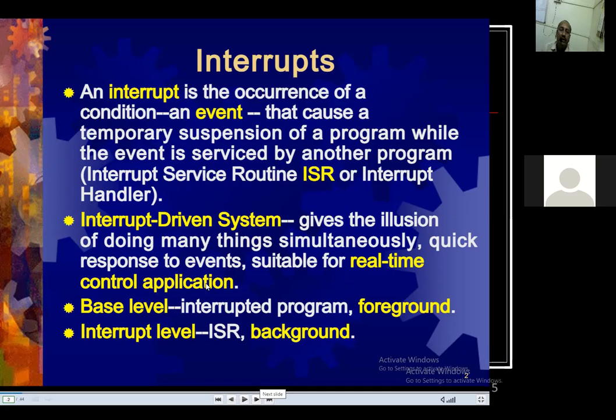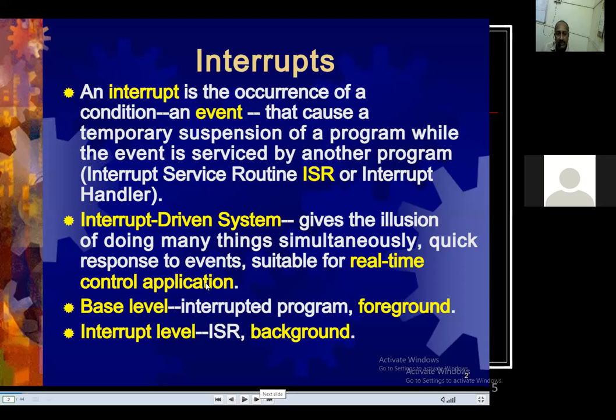In this, the real-time control, that is how much time has passed, is the timer work. That is also one type of interrupt. If 1 minute is over, stop the work. This is again an interrupt. Just counting for 1 minute, and if it is over, stop the program. This is the main practical application of this event or interrupt.